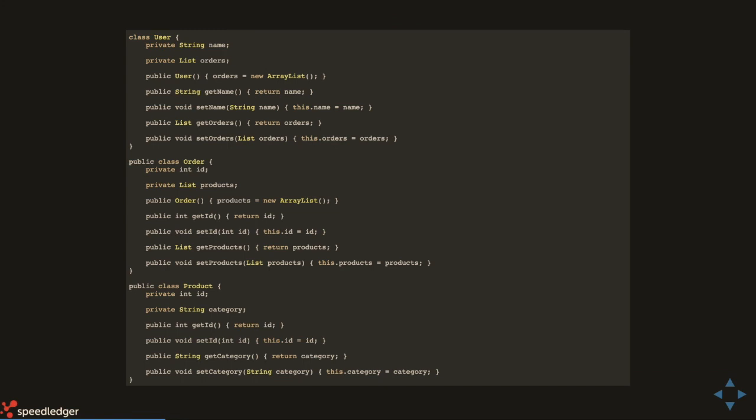I can understand that you can't really read this because it's really small. But the only thing it is, is a user which has orders, and the orders have products. And you could do this immutable in Java by using a constructor. But what happens when you want to update one single thing? You would have to send everything into the object structure again, and it's such a pain, so nobody really does it.